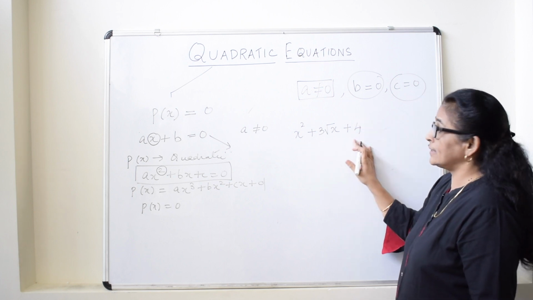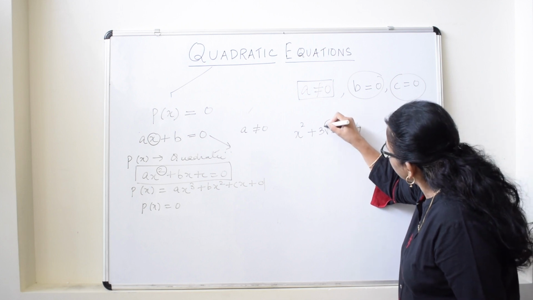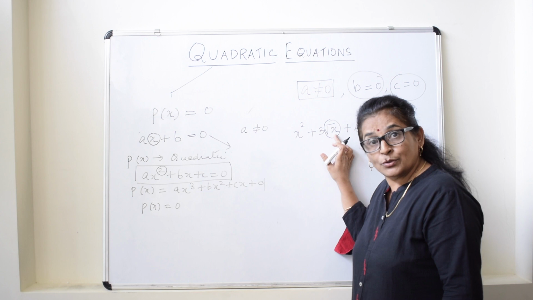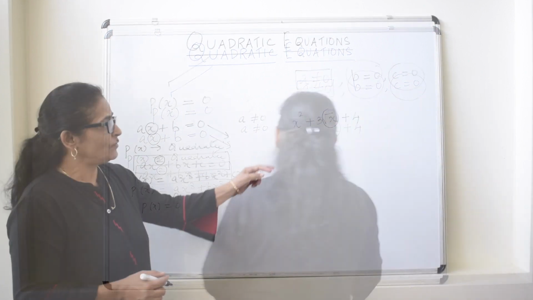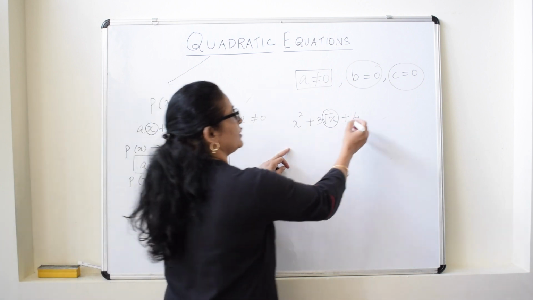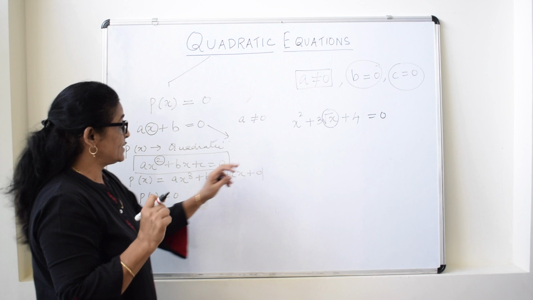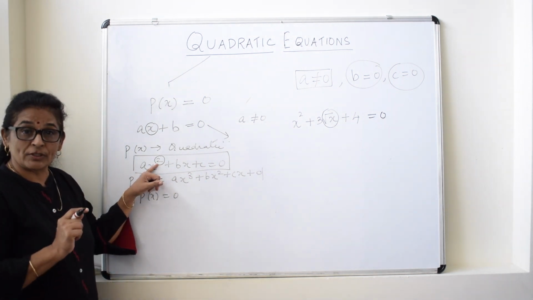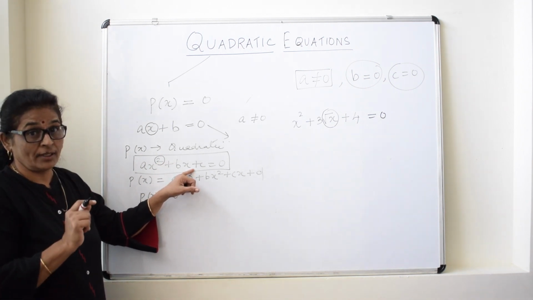First of all, it is an expression. Why not polynomial? Because this term is having x to the power of 1 upon 2. So this is not allowed. Now, if this is not polynomial, then if you are equating it by 0, it will not be an equation. So we have to see that the power of the variable should be 2 in a quadratic equation, and any other term should not have a negative or a rational power.